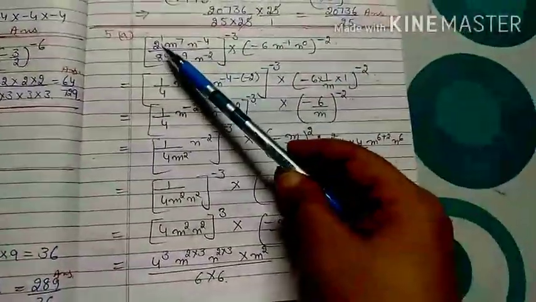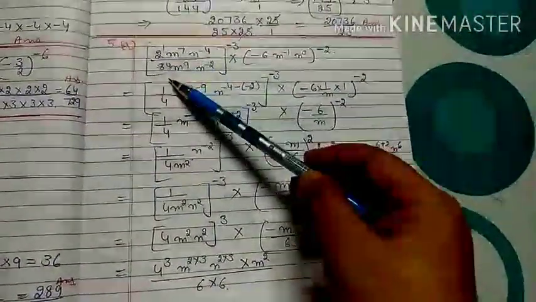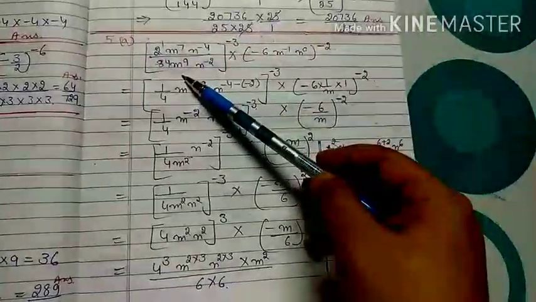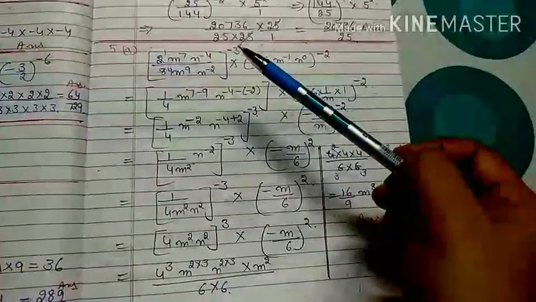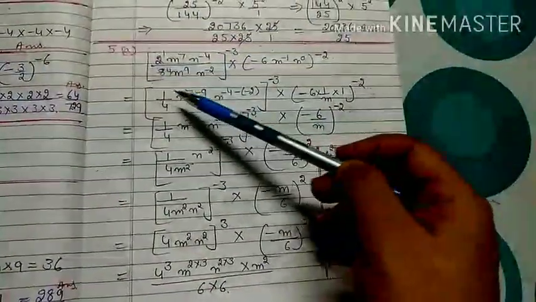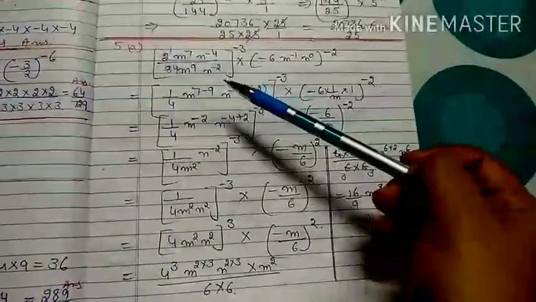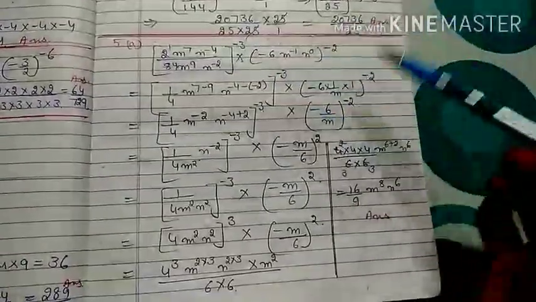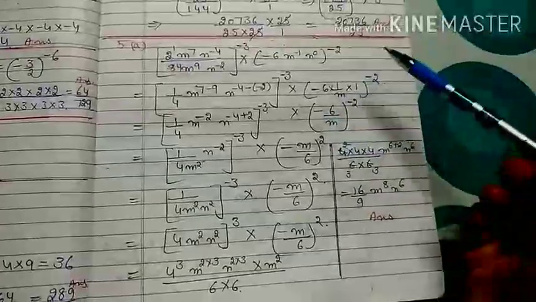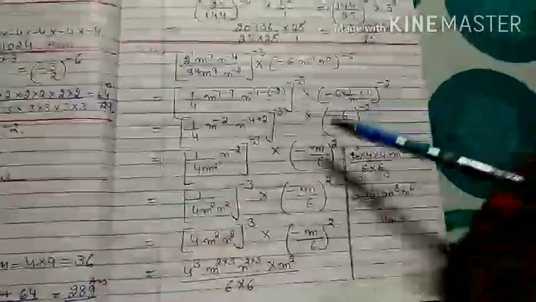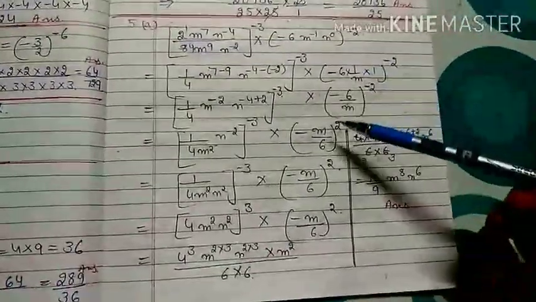Now fifth question A part, you have to simplify the terms. Here 2 raised to power 1 m7 n minus 4, this is 8 m9 n minus 2 and whole raised to power minus 3. First you have to solve inside the bracket by exponent rules, then the outer power. When you get the single term inside, then you solve the outer negative power to make it positive by taking the reciprocal of the terms.